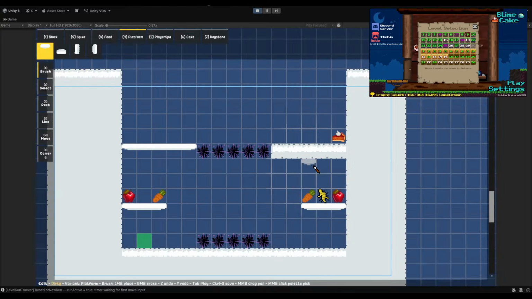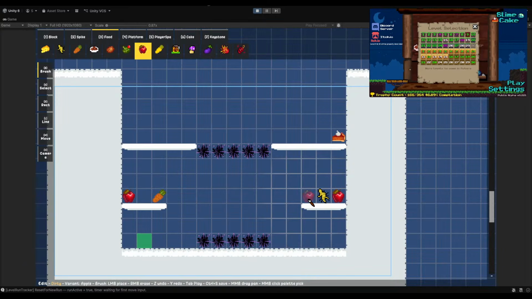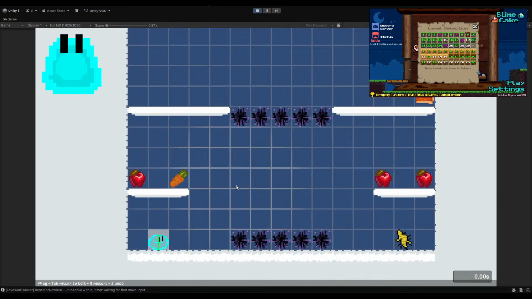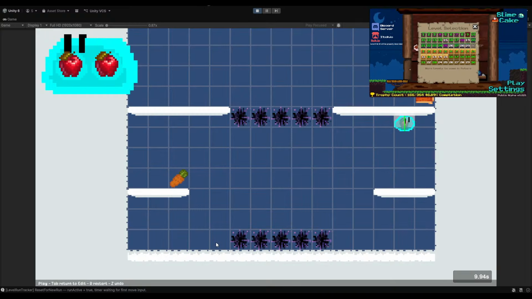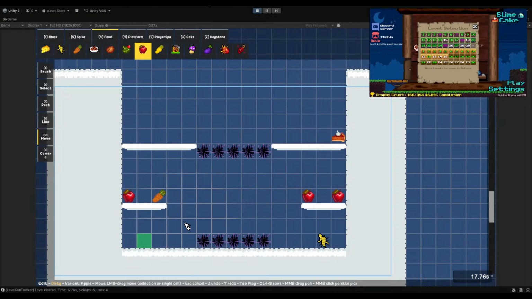We could actually put a platform here. And we could move this carrot and put an apple there. Maybe put ginseng down there. So it's symmetric. So now the player knows not to use carrot because they can't reach the cake. So they get apple here. Grab this. They can't reach it. That kills them. Just do this. Carrot, apple. Okay, that makes sense. I think this is okay for now.